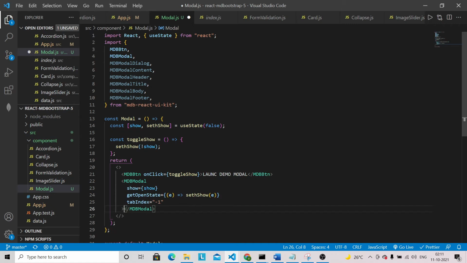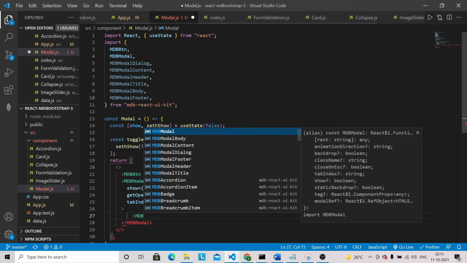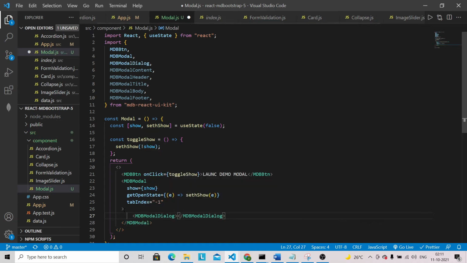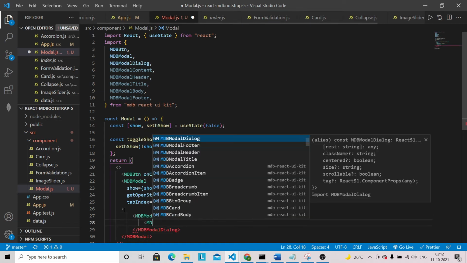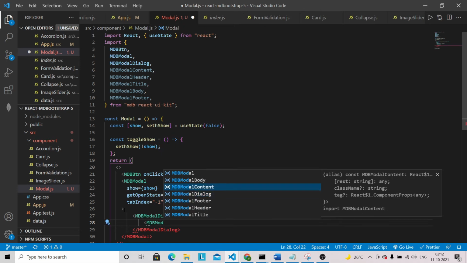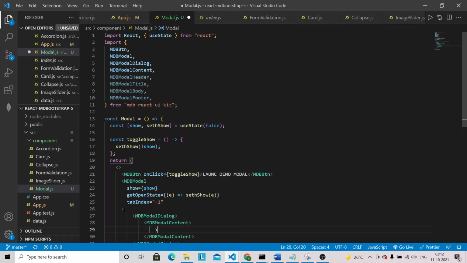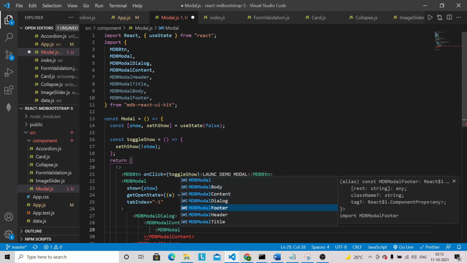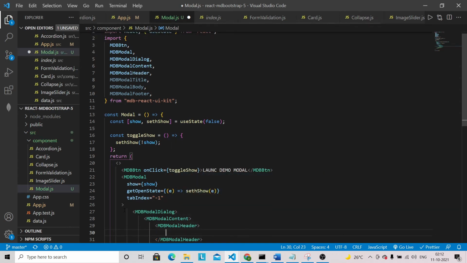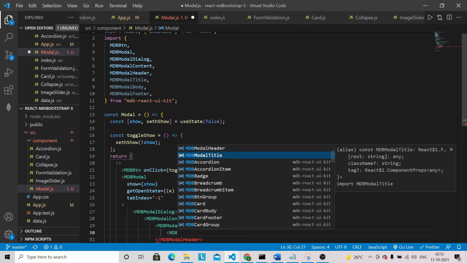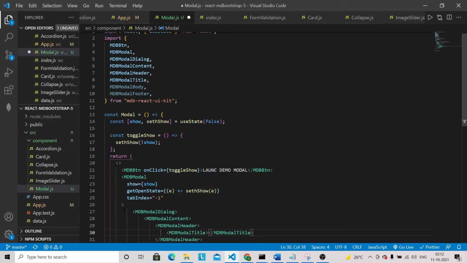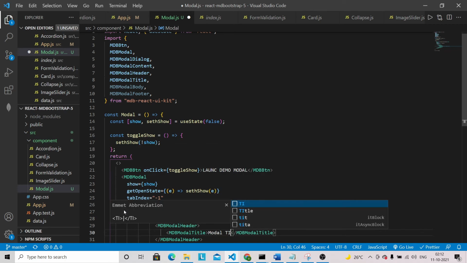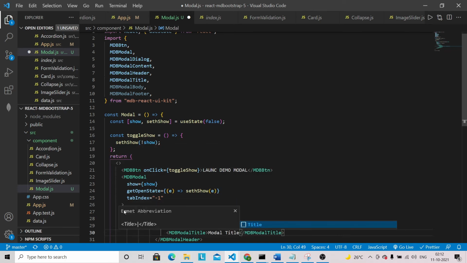Let's format here once again, and after that we are going to have MDBModalDialog, then MDBModalContent, then MDBModalHeader, then MDBModalTitle. This will be, you can give here something like modal title. You can give anything here.